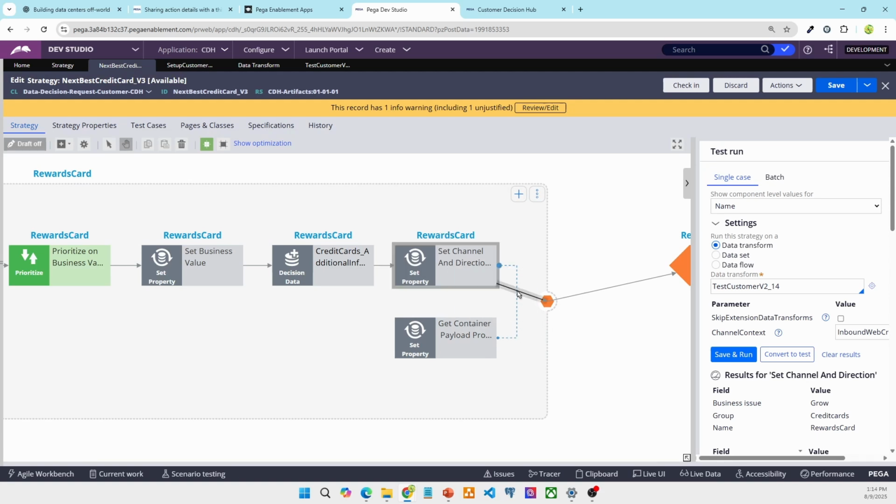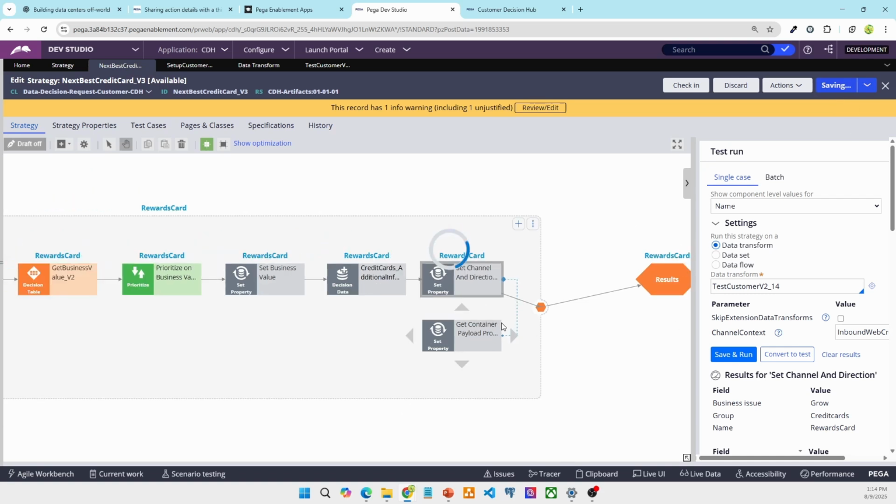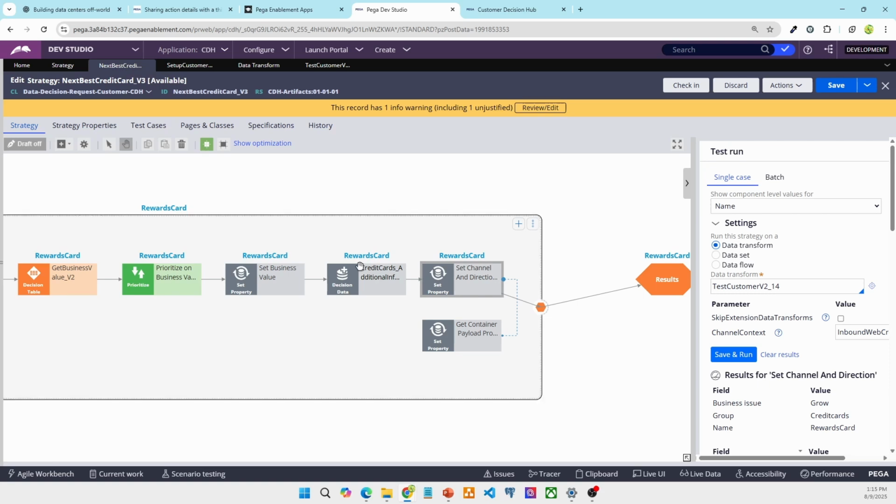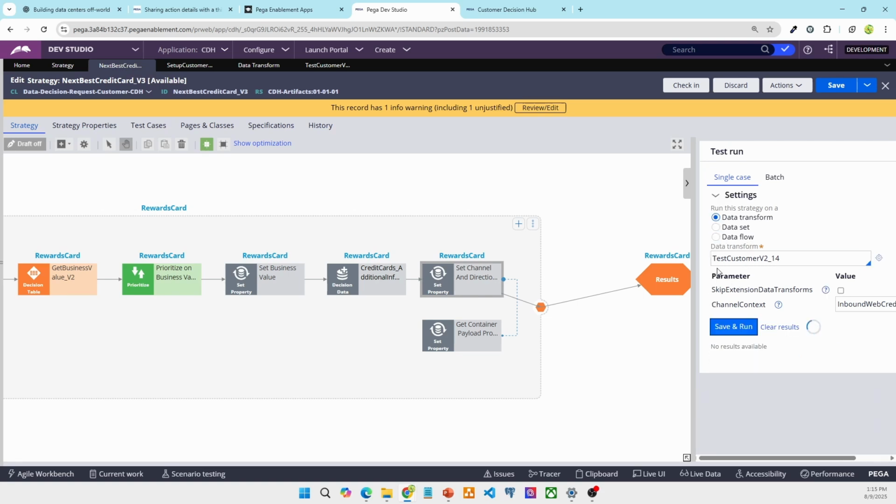Correct. So this dotted line basically says there has been a reference. So this component is actually referencing the properties from this particular component. This is called component referencing, and this is very powerful for use cases. So now I will click on save and run for this particular data transform test customer V214, and we will